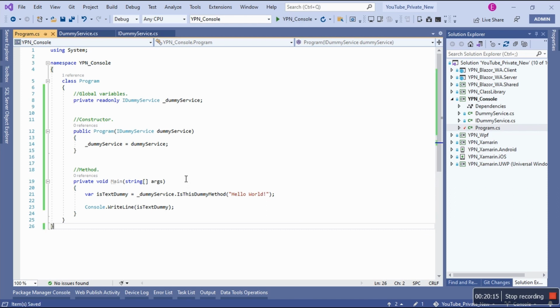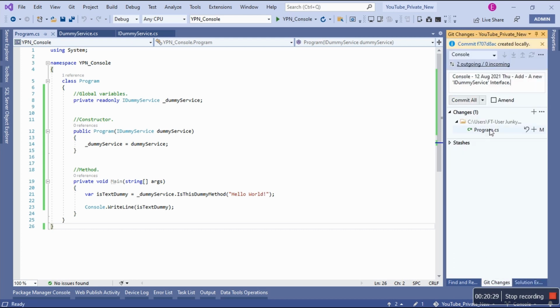So we wrote this as a small application, and then I realized, you know what? Oh no, I need to implement this in a class library, right? Let's say for some reason you need to implement this in a class library, and then these are uncommitted changes, right? So here I am, I'm moving